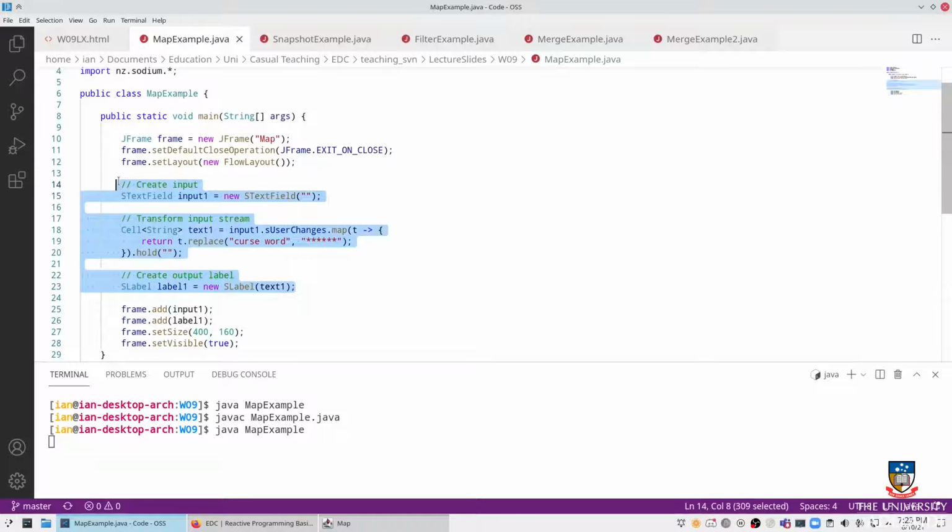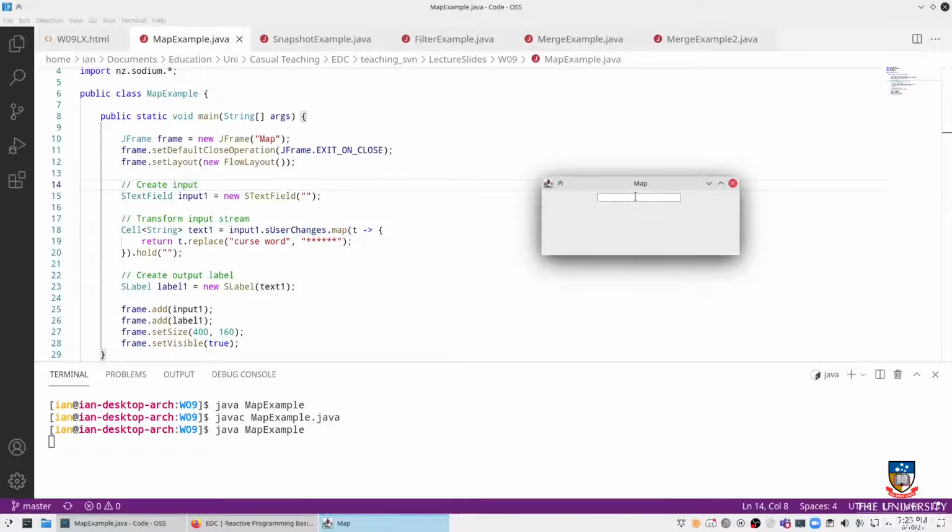And this is where all the magic is happening just here. Let's take a look at what this does. I can type into the text box and it's going to output onto the label, which is just to the right of the text box. As I type in, it's going to reflect the value of each input event on the stream onto the output label. Now, this particular map function,